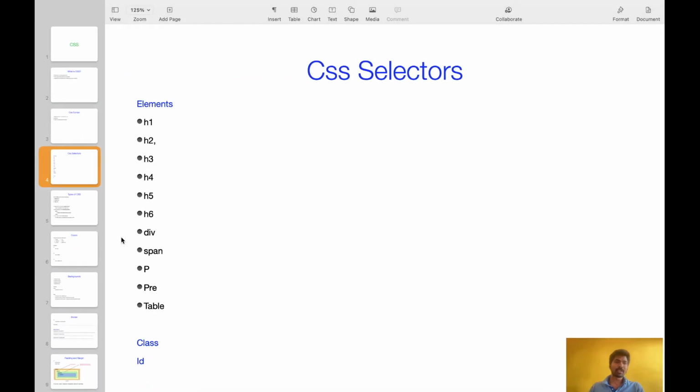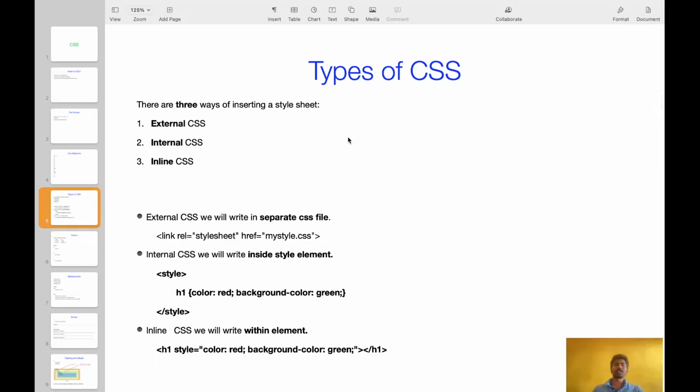Next, let's go to types of css. There are three types of css: external css, internal css, inline css. Currently we have written the second one, internal css. Within the style element we have written all our css like this. Apart from internal CSS, there are two more. One is inline CSS, within the element we will write like this. Third one is external CSS. We will create a separate file, any name we can give, and extension should be .css. All our CSS we can move into this separate file.